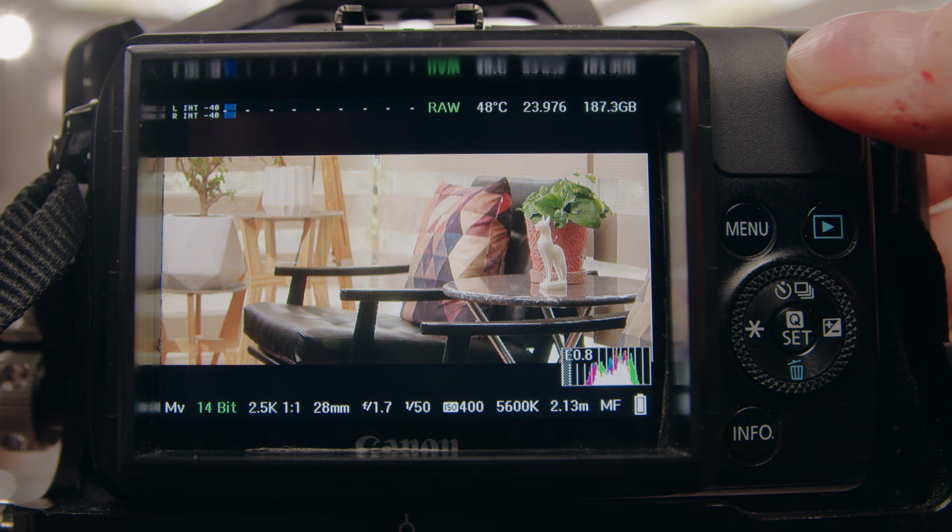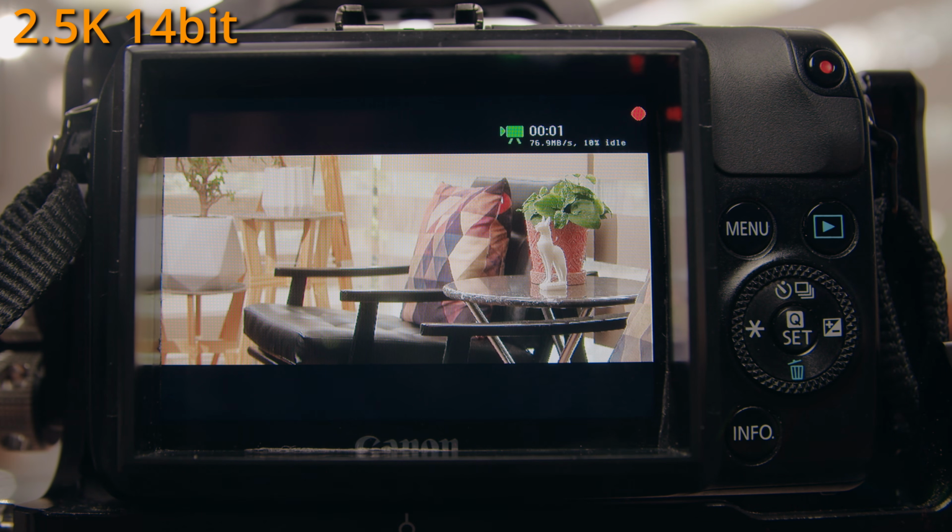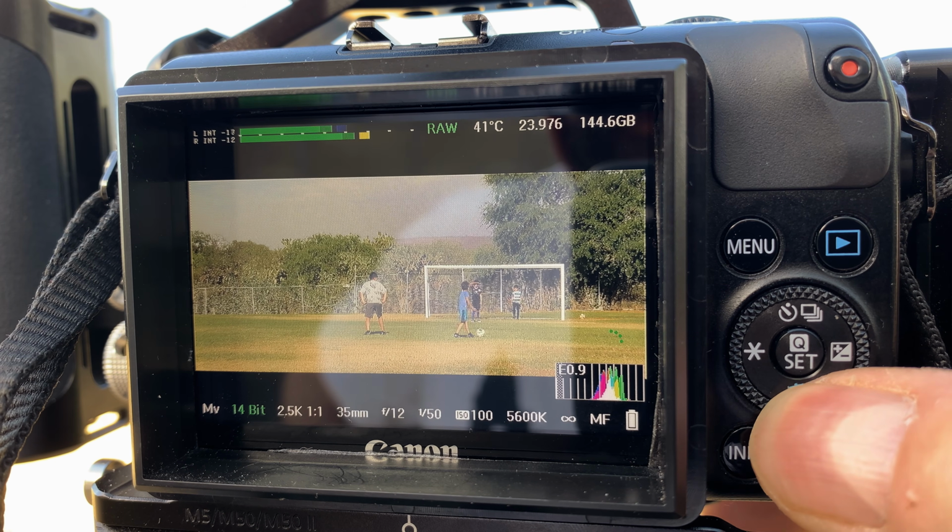Very stable with this build. I tried it outside in bright light.